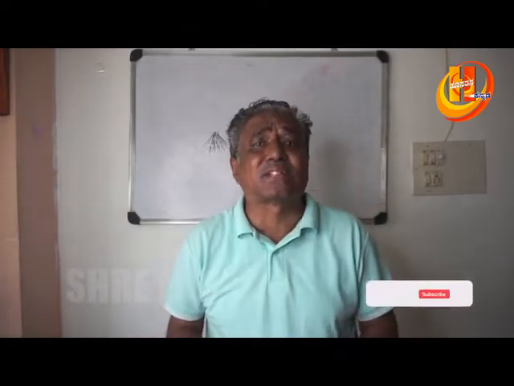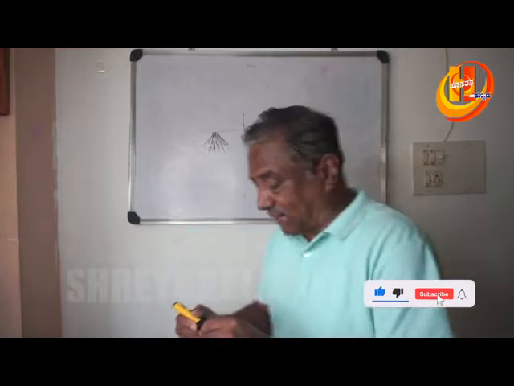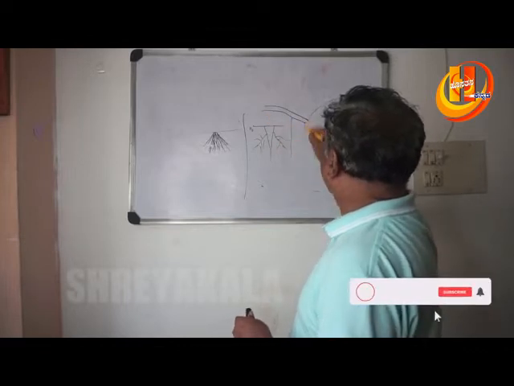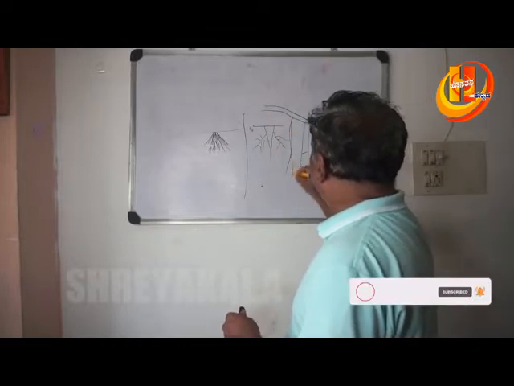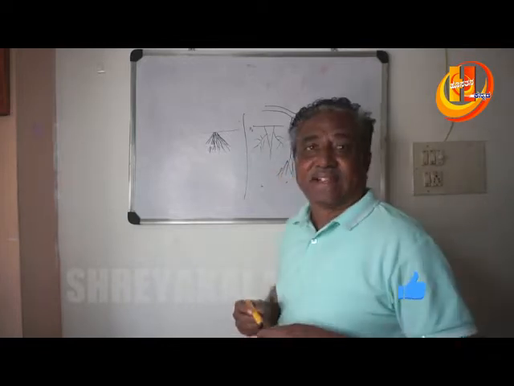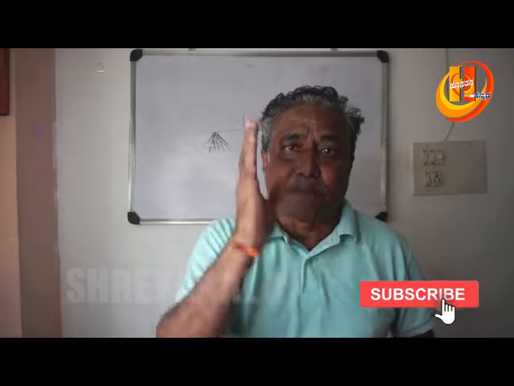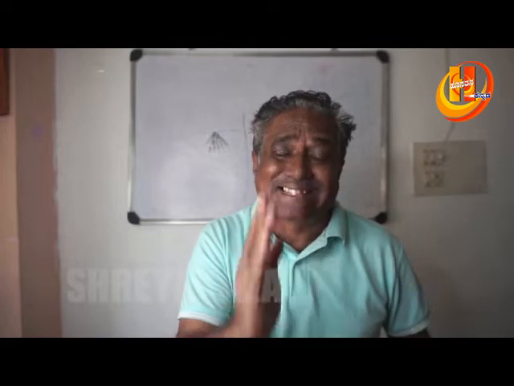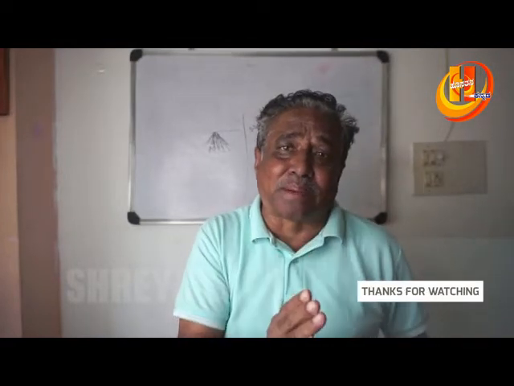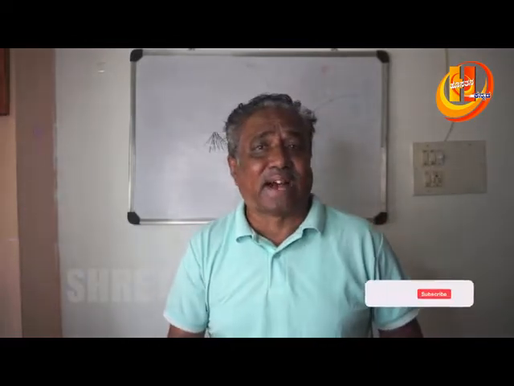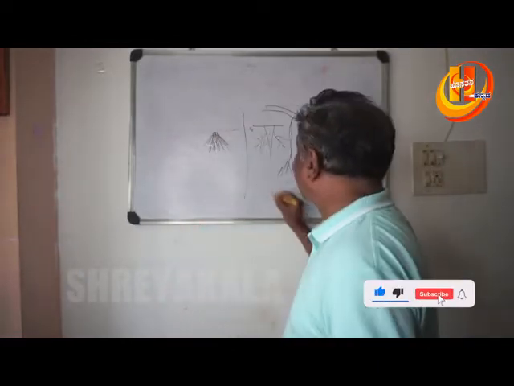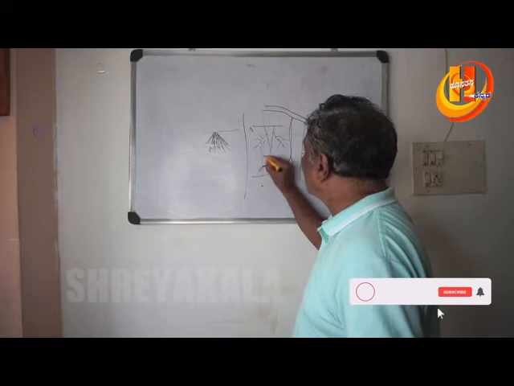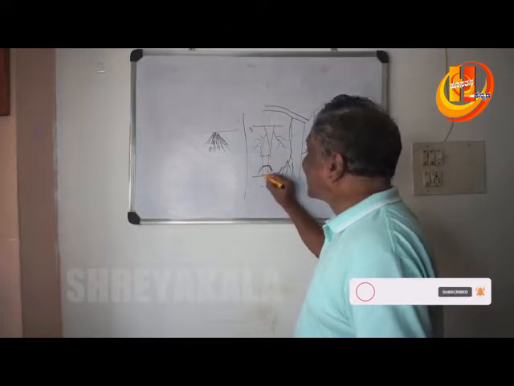Similarly, the prop roots, as you have seen in the banyan tree. In the banyan tree, from the lowermost branches of the large tree, some special roots arise. They grow vertically downwards, reach the soil and offer support. Prop roots, and adventitious roots in monstera, are all roots which arise from parts other than the radical. Another best example are the stilt roots. In maize, sugarcane, etc., some roots arise from the lowermost nodes and reach the soil and offer